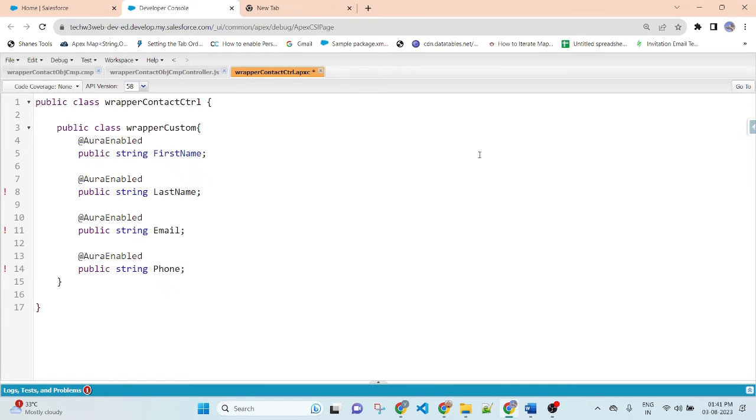So I will display four columns in the Aura component: first name, last name, email, and phone. So I created four variables. I am using AuraEnabled because this Wrapper class will be used in the Lightning component. If you are using an Apex class method in a Lightning component, then you need to add AuraEnabled.